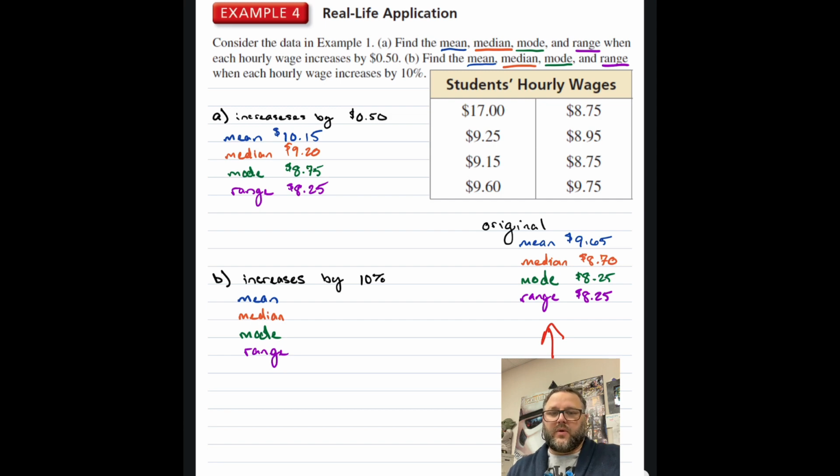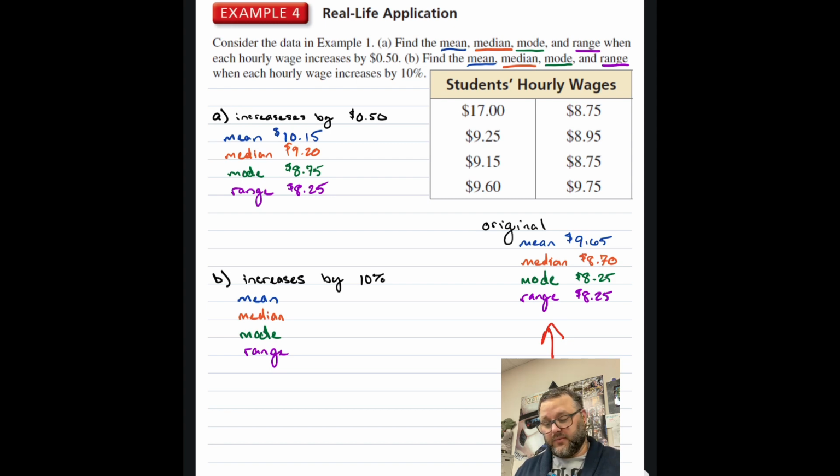That whatever amount we add to the individual, as long as it's the same amount to everything that's individual, it's going to be the same amount that's added to the whole. And that's why when we increased each individual person's pay by 50 cents, man, it's hard to keep cents and percent straight. Then that is why we were able to just take each of an individual mean, median, and mode